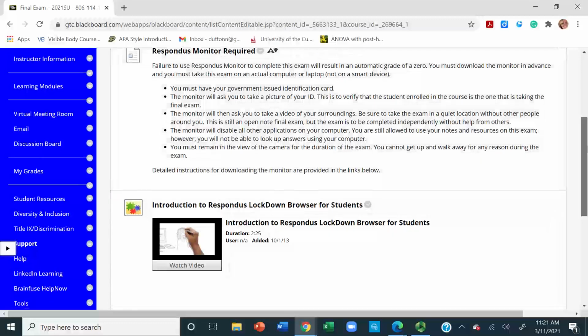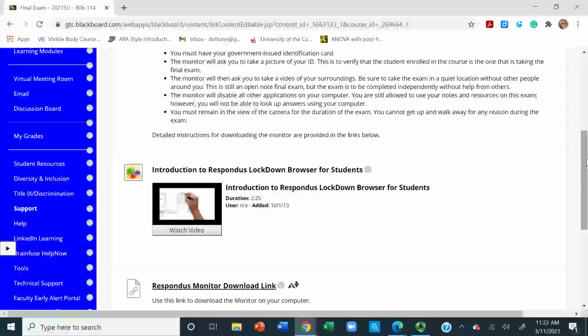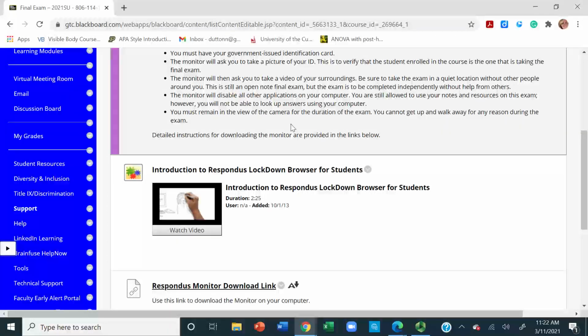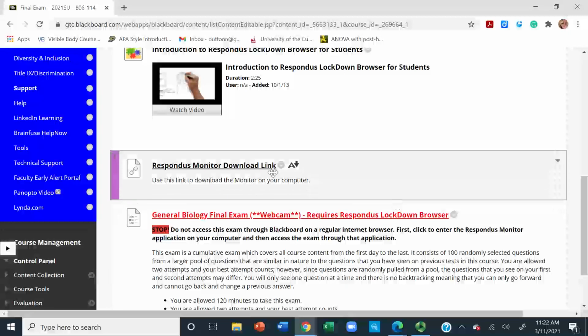For this course, I don't care if you use your notes or not. You can definitely have resources out. I'm not going to be too picky about whether you use resources. However, Respondus will lock down your computer, so you won't be able to Google anything or go to any other websites while you're doing the Respondus exam. So there's some directions here, there's a video that talks about Respondus,